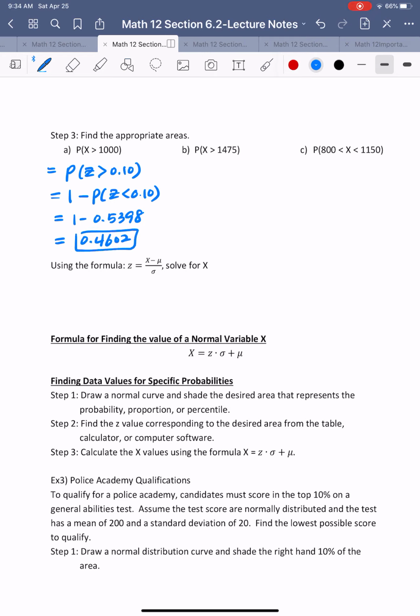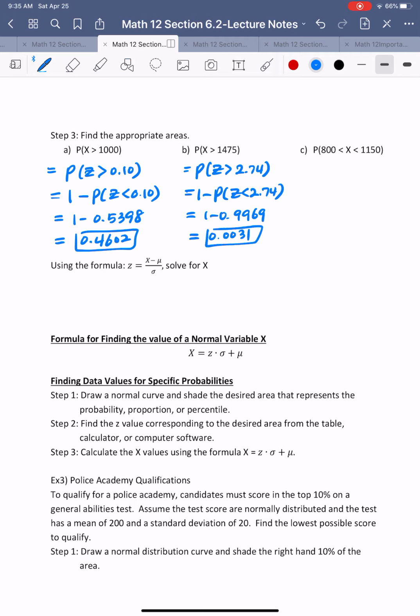For the second one, P of z greater than 2.74 is the same as 1 minus P of z less than 2.74. So 1 minus 0.9969